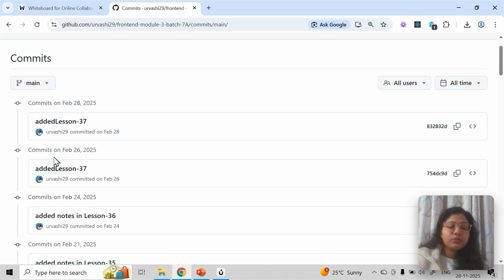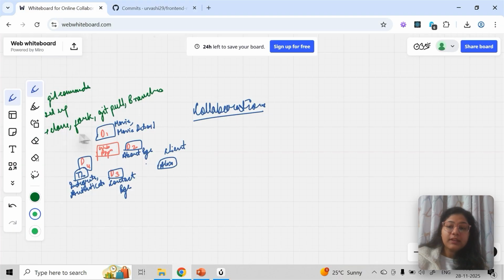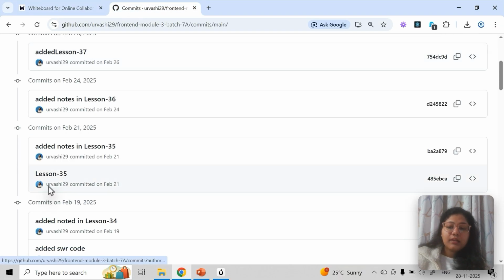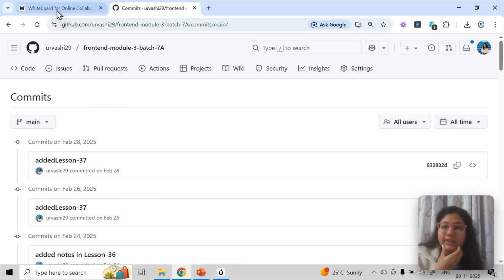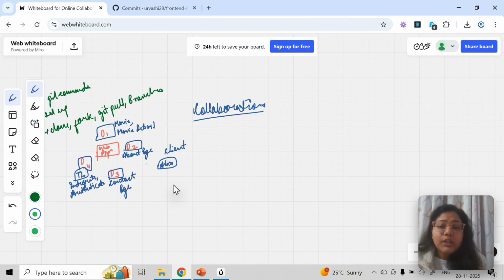Right now I am the sole user or contributor, so only my username is coming. But you can imagine that all four developers' commit messages and user IDs will come. User ID we have seen how to set and all. So what is the main idea now? The next thing we do is create different branches. Okay, now what is a branch?